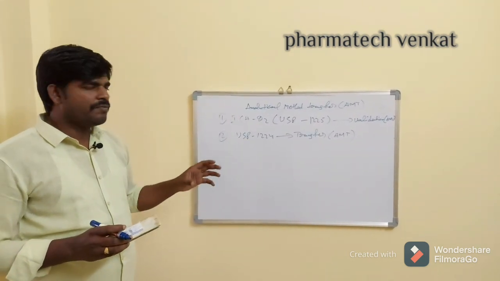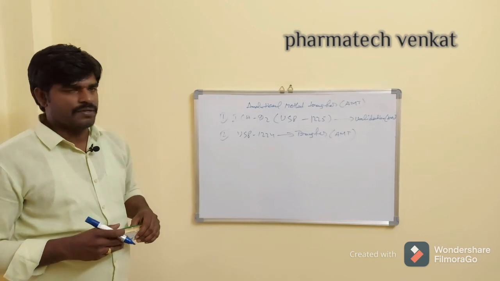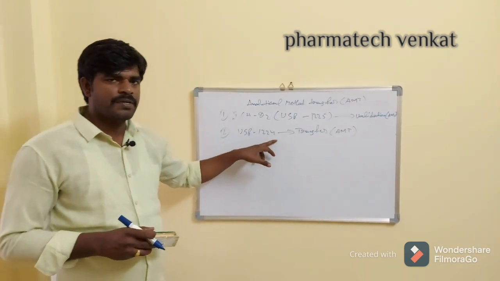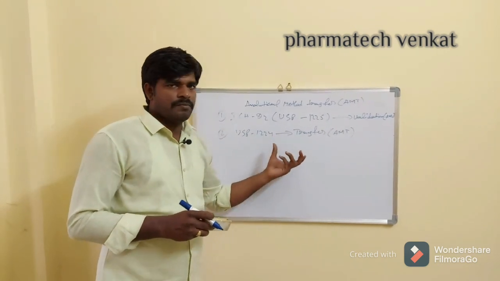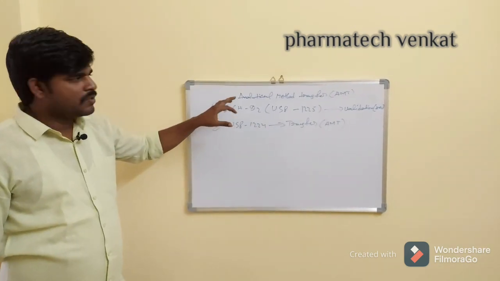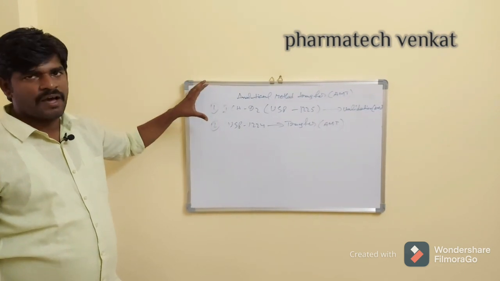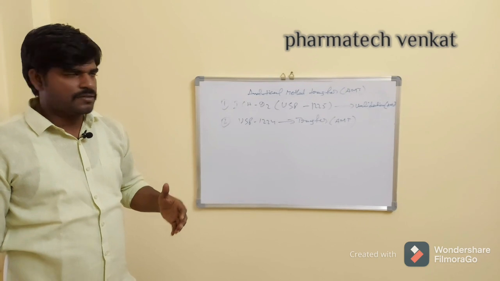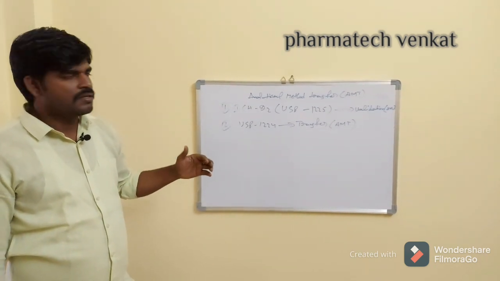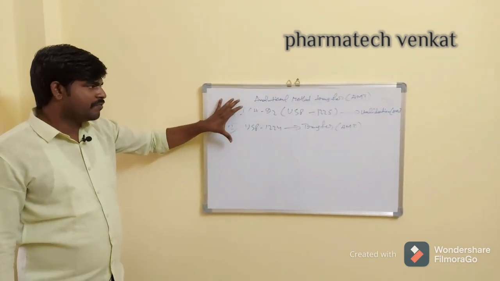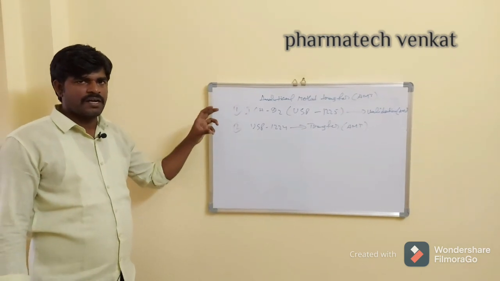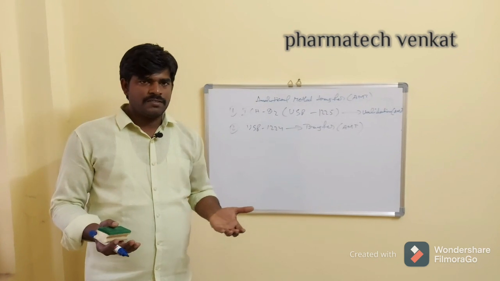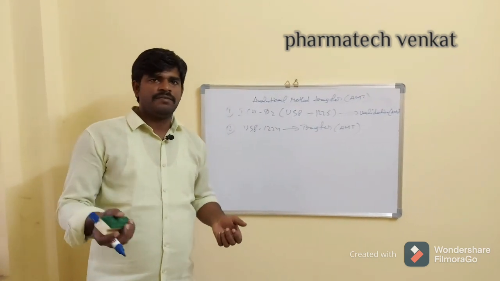So what are the requirements we need to do in the analytical method transfer activities? There is no particular guideline available, but the 1224 general chapter describes it. In most cases, validation will happen at R&D, and the manufacturing sites for commercialization require method transfer activity. Whenever you want to do any method transfer activity, two labs are required. One is the transferring lab and the second one is the receiving lab.